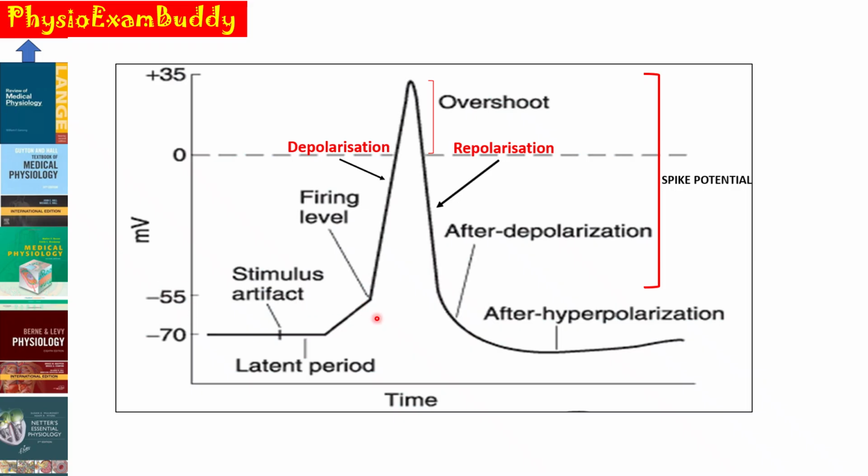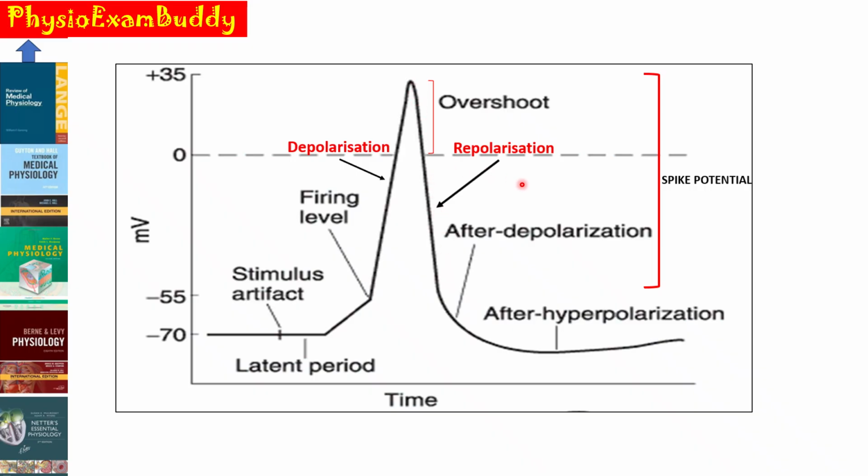The rate of depolarization is very slow, and when it reaches the firing level of minus 55 millivolt, the rate of depolarization occurs very rapidly. And in case of fast nerve fibers, the potential will overshoot beyond zero and even reach up to plus 35 millivolt, and this portion is known as the overshoot, followed by the potential reversing, and this phase